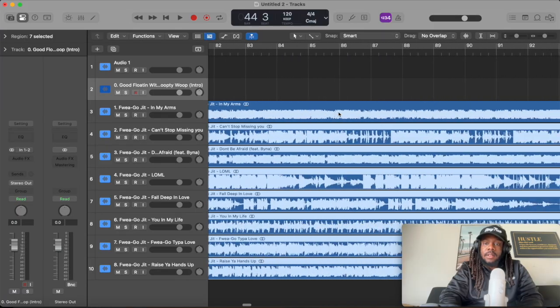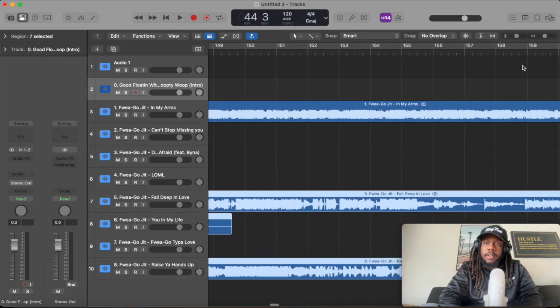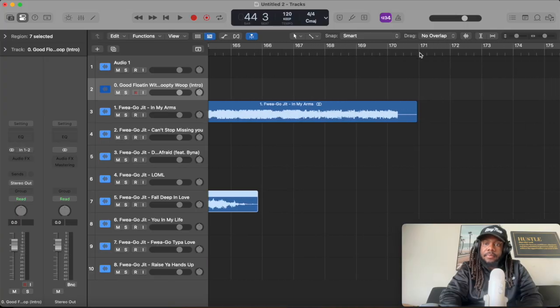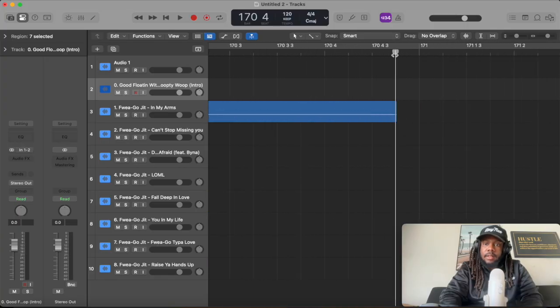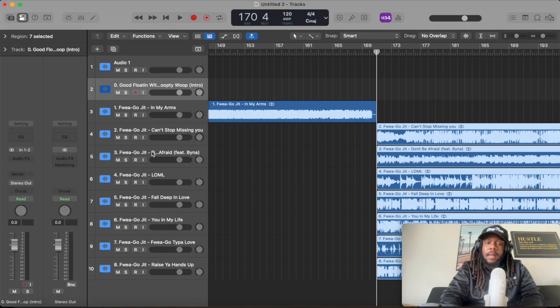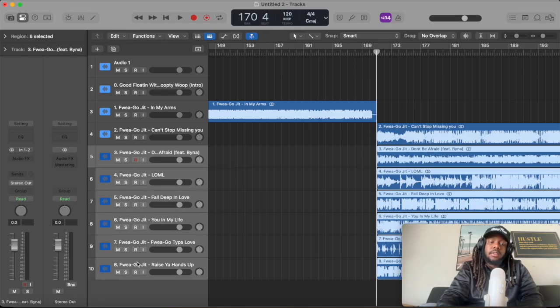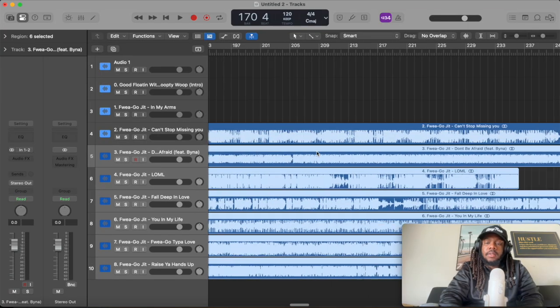So again, highlight your tracks, go to the ending of the song you're moving the tracks to, and then I like to be kind of precise, so semicolon, boom. You can click on the actual track or the range of the tracks that you want to move, and it will highlight those tracks as well.